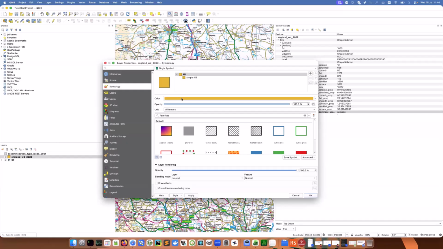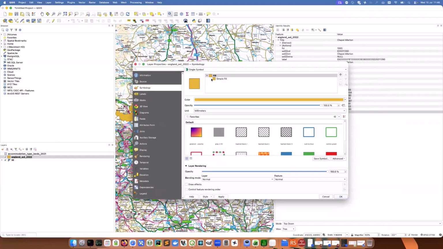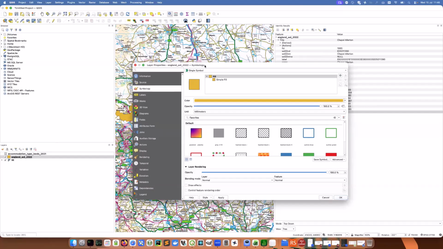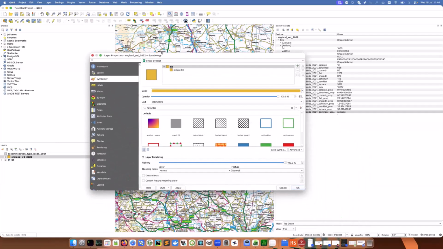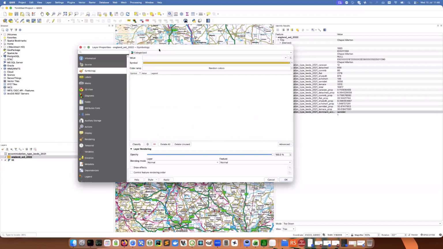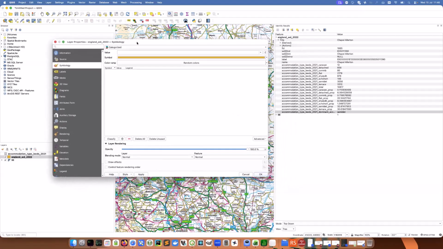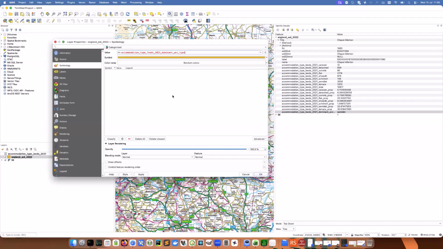What it defaults to will change each time. It just picks a random colour, and in this case a single symbol. So it's drawing all the polygons the same single symbol, in this case orange. And I want to change this to the different types of visualization. I'm going to first use what they call categorized, and I'm going to select that categorical data we created, the dominant accommodation type,